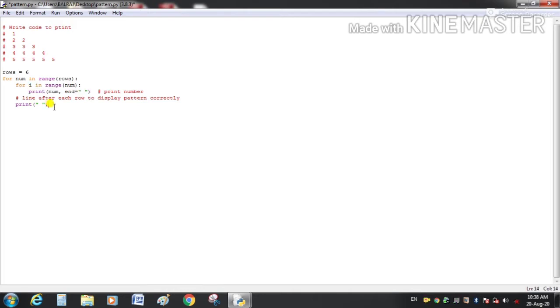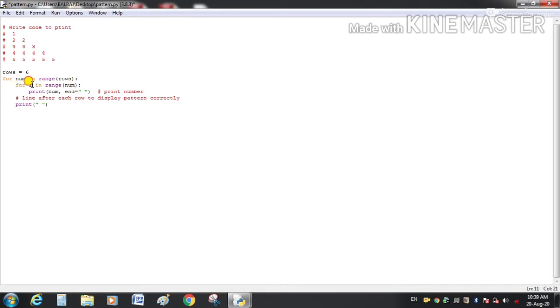For the second time it will take the value 1. For the value 1 of num, i will take only one value, 0, because this range is 1.